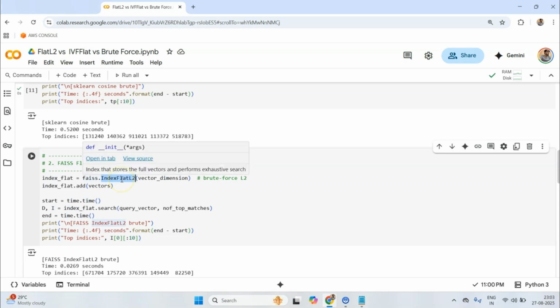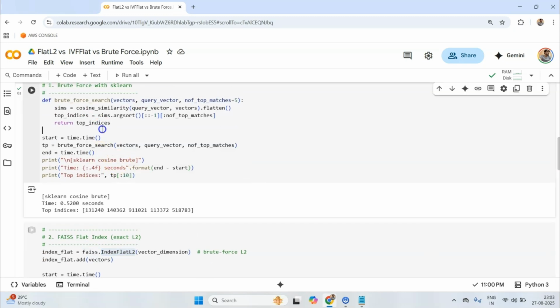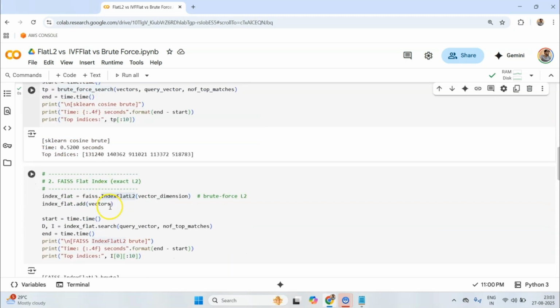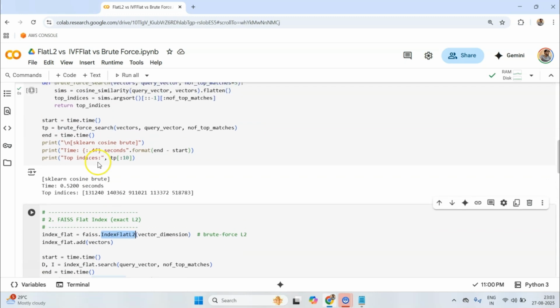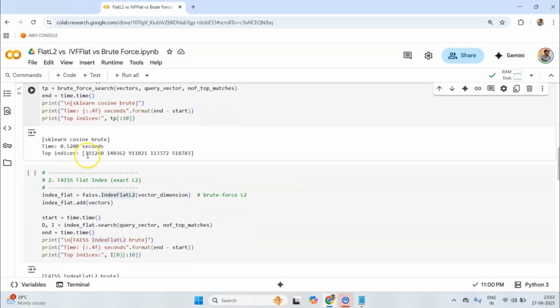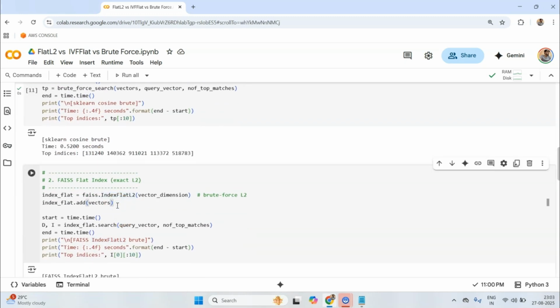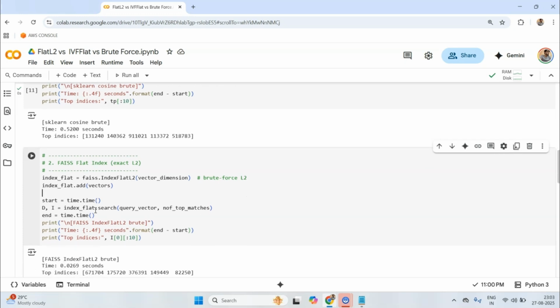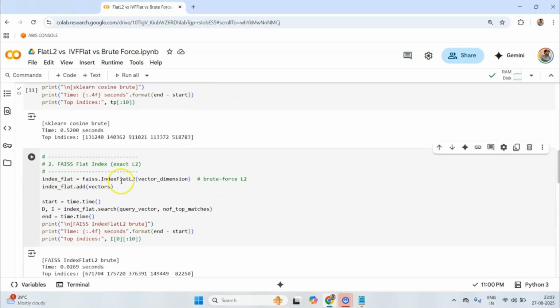Now don't get discouraged by the name. All it is doing is the brute force approach only. Okay, so this particular approach does the same thing that we just did here, but it does it using some optimized libraries, which are written in C++, and then later Python bindings were created. So let's see how the brute force of the Facebook AI library is doing with our 1 million vectors.